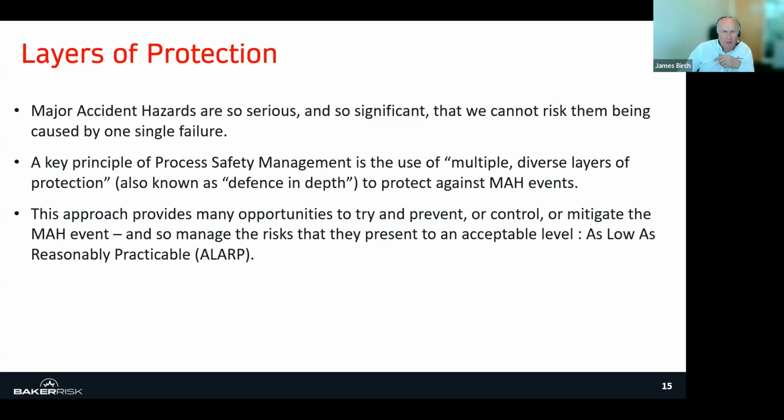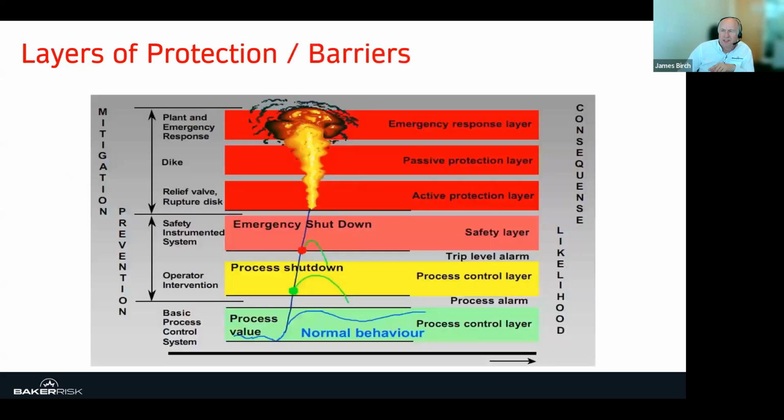And often this is an easy way to visualize it. We have these layers within our process, layers of protection or barriers. And at the bottom in green, we see the normal band where we hope our plants are going to be running. Steady, safe, process parameters where we want them. But we know occasionally perhaps temperatures or pressures may become too high. And we have alarms and we have trips and interlocks to try and bring the process back into control.